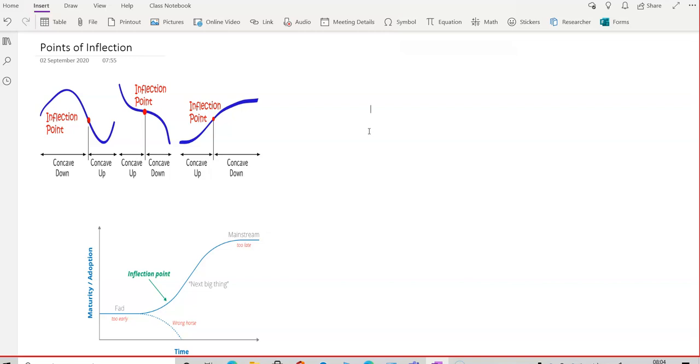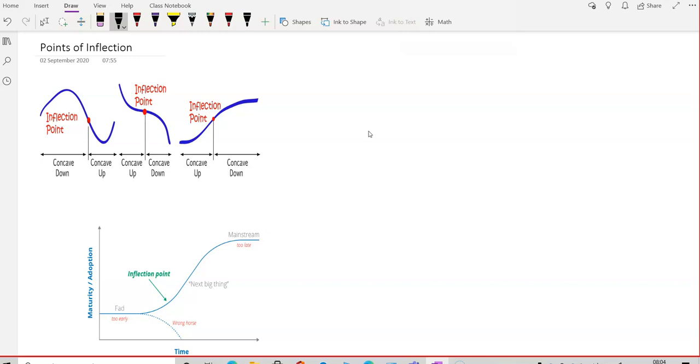See these diagrams. At the point of inflection, two things can happen. Observation-wise, if we go to the first curve, you can see that about this point the curve before reaching the point was concave down, but after this point it is concave up. So we'll say that at this point there is a point of inflection.